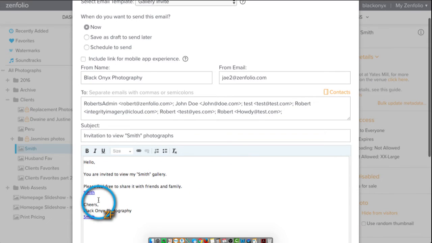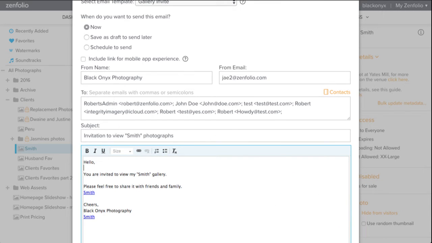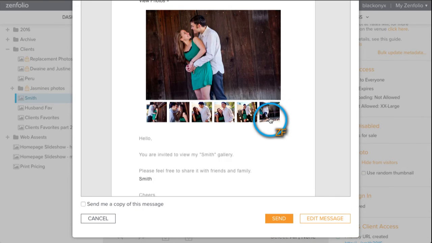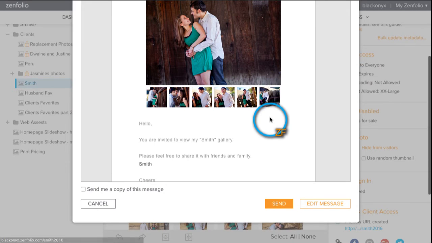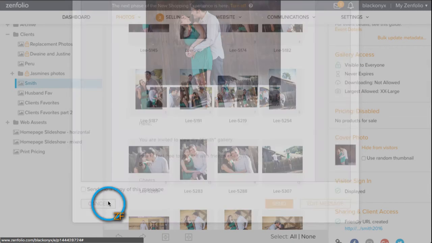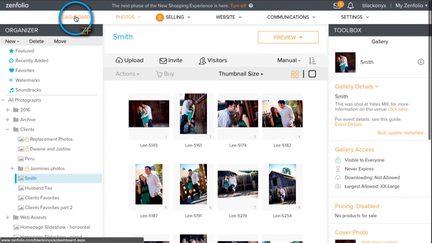And then that's going to leave that gallery link in there, and then we would just need to put the information about the coupon code and what they need to do in order to redeem that. So that's how you can do that if you want to target just a specific group of people who visited a specific gallery, and you also want to set up the coupon to be limited to only being allowed to be used in that gallery as well. And then after you're done, you can hit continue to preview. It's going to show you what the email would look like, and then if it's good to go, just click send right here. All right, so let me cancel out of this really quick, get back to my dashboard here,